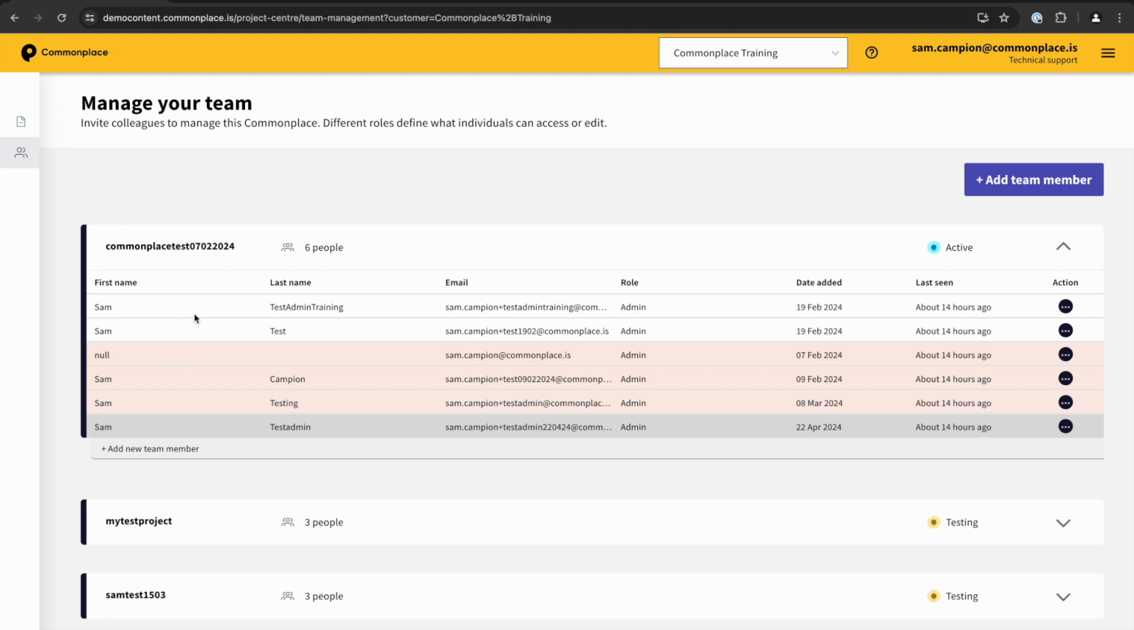So a user with a white background has accepted their invite. A user with a grey background has been sent an invite but has not yet accepted it. And a user with a red background has received an invite and has not accepted it within the time limit. So when we send an invite to new users, the link remains active for 7 days and then it expires